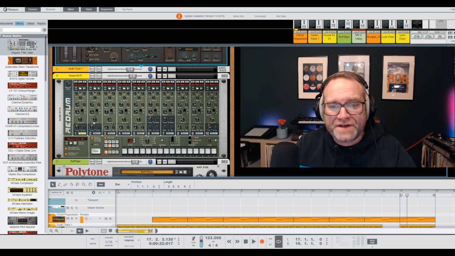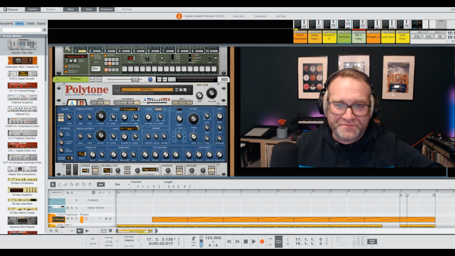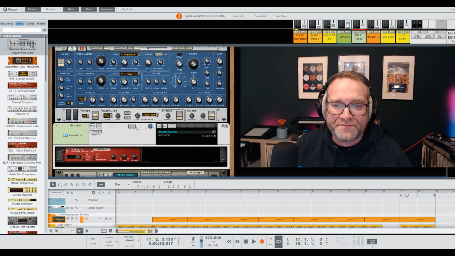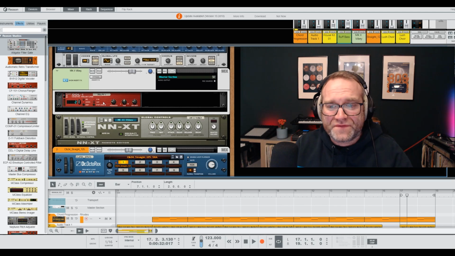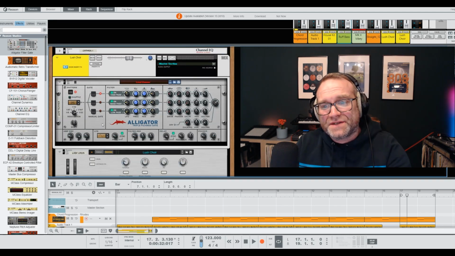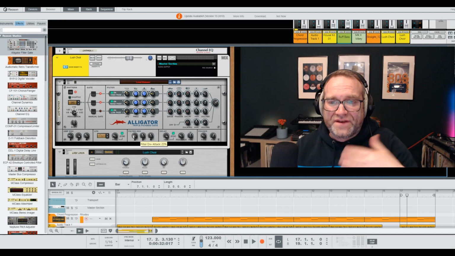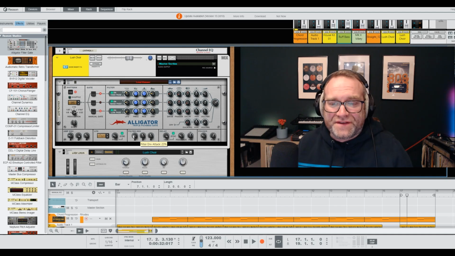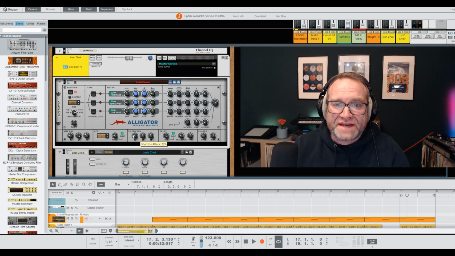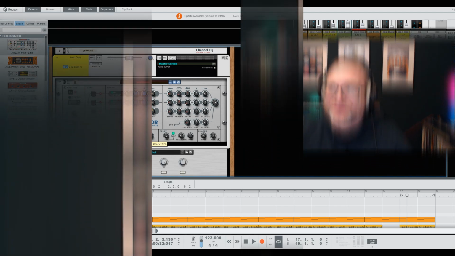A simple kick from the ReDrum, the bass from the Polytone, which I turned down the filter and made more subby. The Rhodes with the delay, a Dr. Octo loop, and then of course the gated Lush Choir pad with the one note in the A, and just gated it and gave it a little bit of that atmosphere that the track needed. Obviously, as I say, I've not copied the track directly, but I've just taken influence from listening to it and gone, okay, I can do something similar to that, and put it forward.